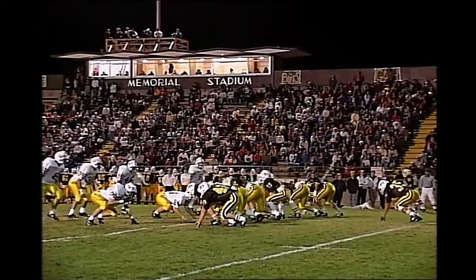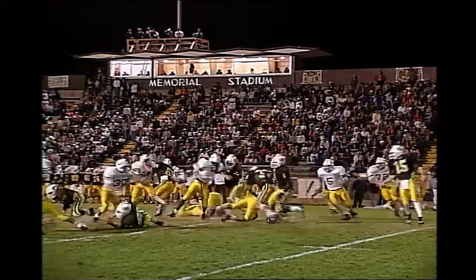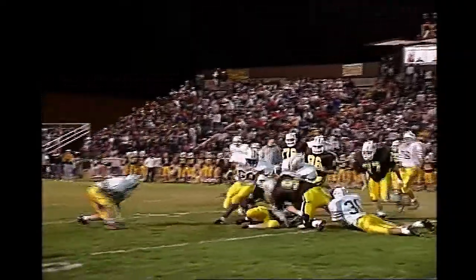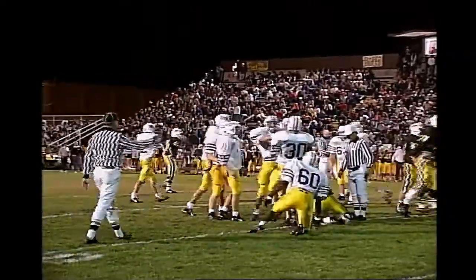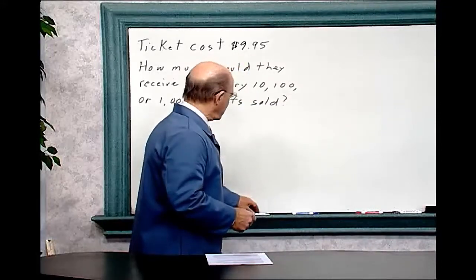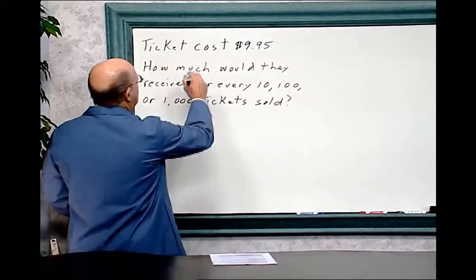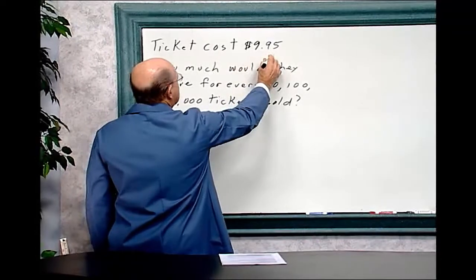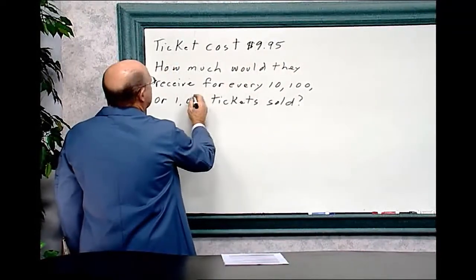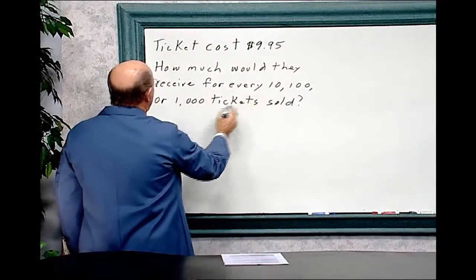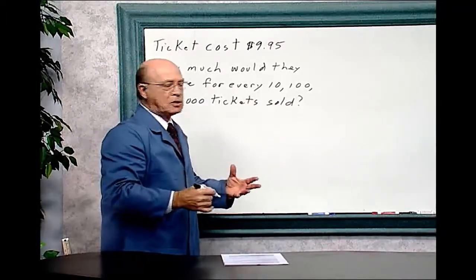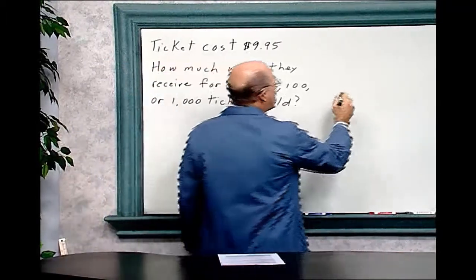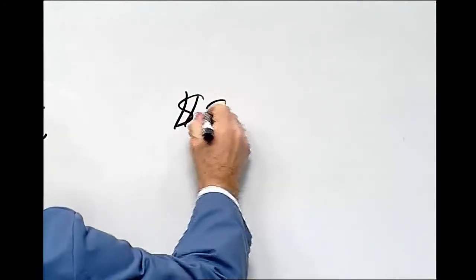The high school is selling tickets for this football game for $9.95. How much would they receive for every 10, 100, or 1,000 tickets sold? Let's figure it out. The tickets cost $9.95. The question is, how much would they receive for every 10, 100, or 1,000 tickets sold? So that's a multiplication problem. So the tickets cost $9.95